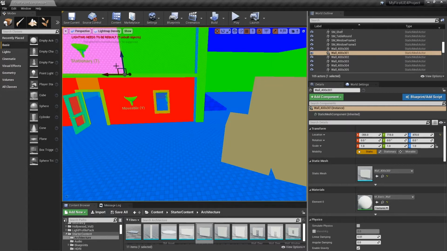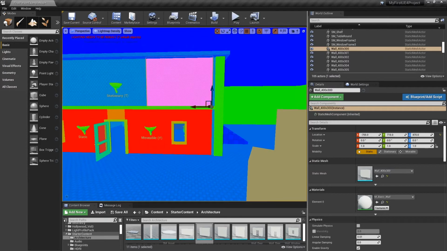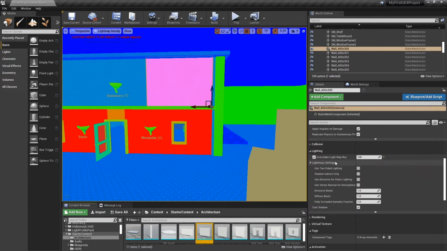So this one I've set at, so hit Control B, and there's two ways to set up the light map resolution. One is you can set it in the static mesh editor, right? You set it when you bring in your meshes, but on a case-by-case basis, you can also select the object in the scene and override it. So that's what I've done here.